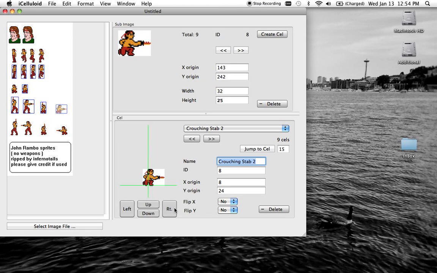Okay, so after making those modifications, you can see that they're lined up correctly now. Now let's go to the running sprites. These two look okay, running 1 and running 2. But running 3 is